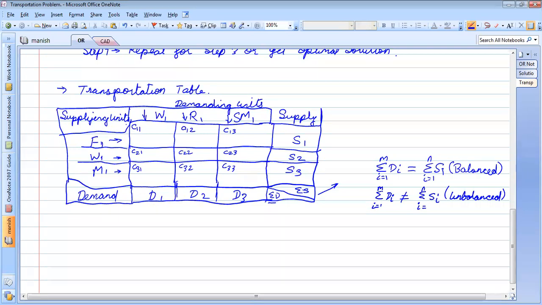Whatever values are there in the last row, add them and see if the values are the same. If the values are the same, we call it a balanced problem. If the values are different, we call it an unbalanced problem. How to solve each, we'll take care of later.